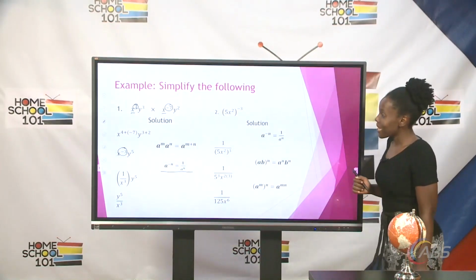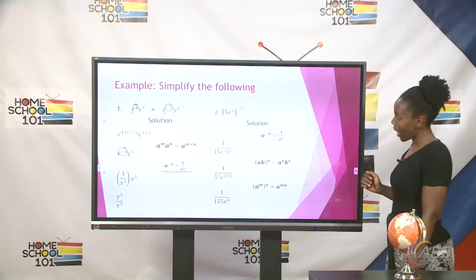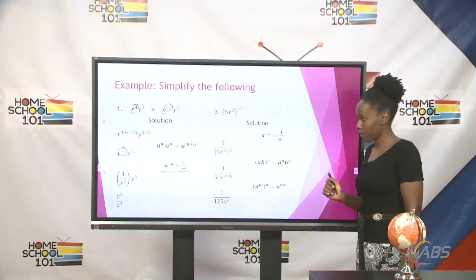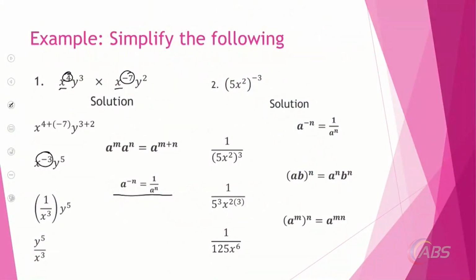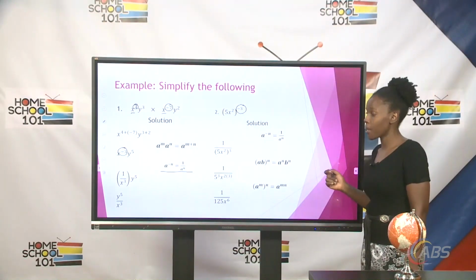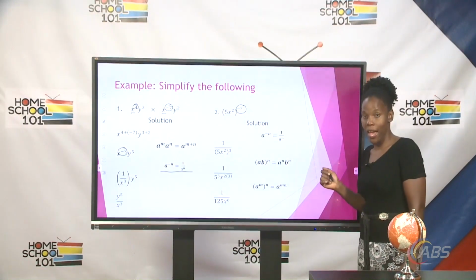Now we look at the second example here. I have 5x squared in a bracket to the power negative 3. So again, because we have a negative power here, to get rid of the negative power, I simply write this as a fraction. Because all the terms are enclosed in a bracket, the fraction would now become 1 divided by 5x squared